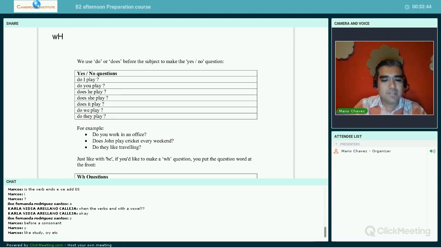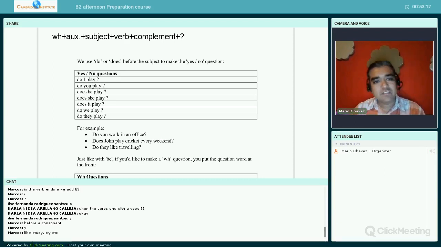The first is the WH question. That's the first thing you write, the WH question. Then the auxiliary verb. There can be one auxiliary verb, two auxiliary verbs. It depends on the tense. Then the subject, or the person. Then the main verb, and then the complement. If you just follow this pattern, if you follow this order, you're going to be all right. So in this case, the auxiliary for the simple present